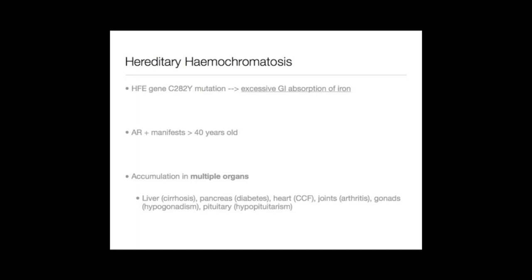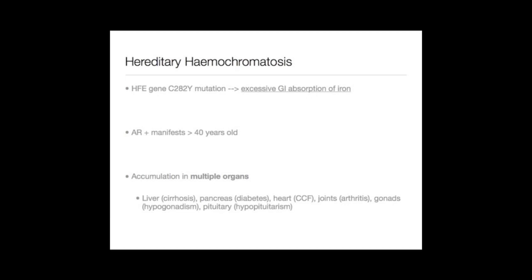Now, moving on to hemochromatosis. This is also caused by an accumulation of an ion, in this case iron, and is caused by a mutation in the HFE gene, which is part of the major histocompatibility complex. Now, it usually manifests in the elderly because it takes time for the iron to accumulate over a number of